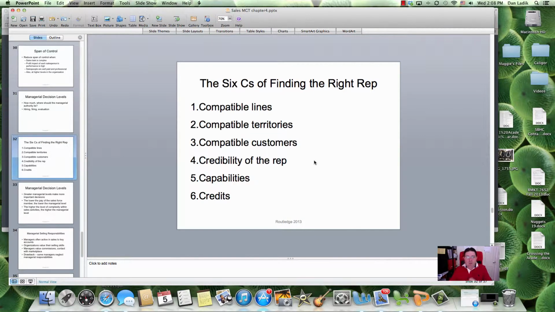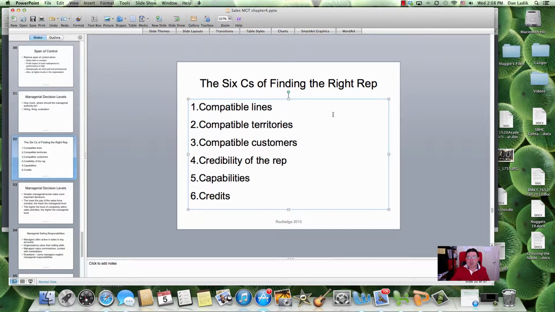We have these 6 C's of finding the right rep. This is on page 112. We talk about compatible lines. When we're thinking about finding the right sales representative, rep means representative. We're hunting for a new salesperson. You have to think,